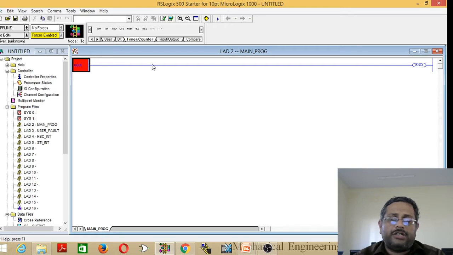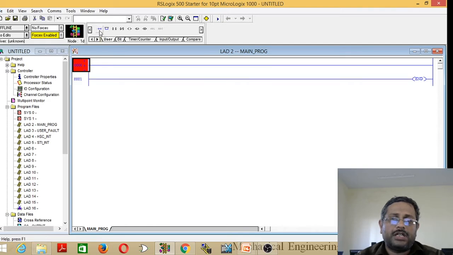First I will show AND logic. For that, first you have to add a rung. To add a rung, go to user and click on the first element, that is new rung. Click on that and the rung will be added. Once the rung is added, you have to add the contacts and coil. Here we require two contacts in series.